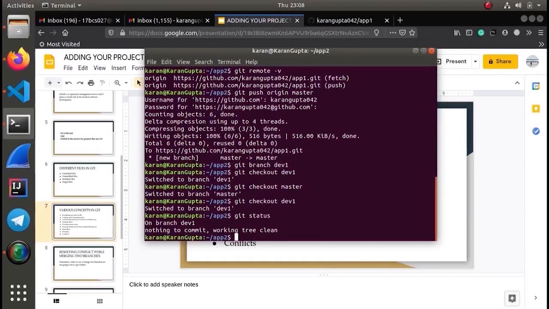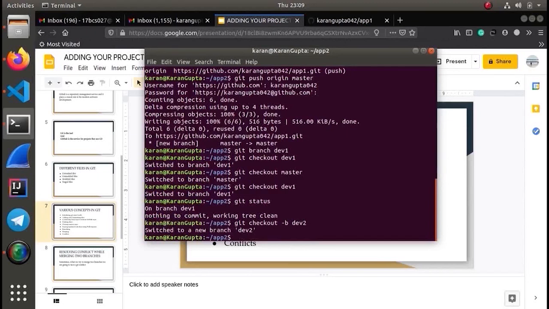We can also combine these in one step using git checkout -b dev2. Here we have created the dev2 branch and also switched to it at the same time.